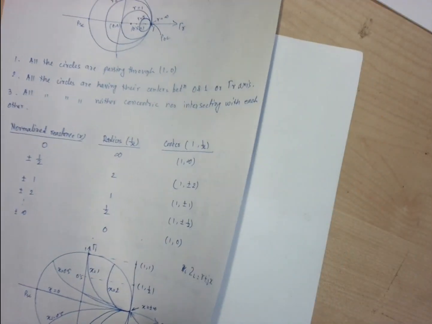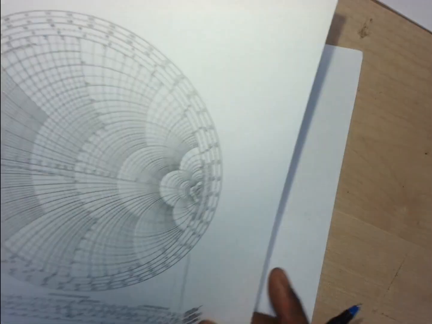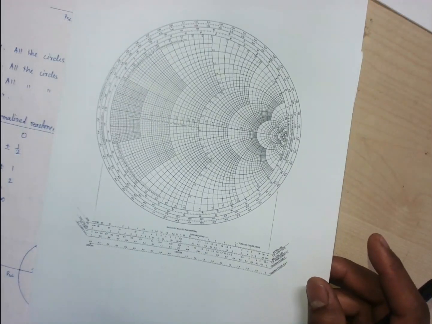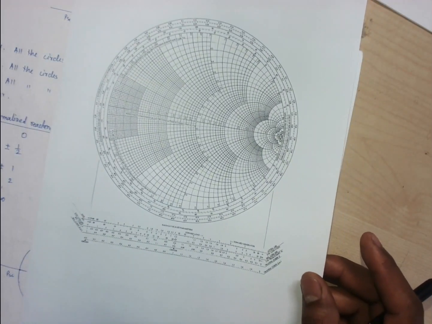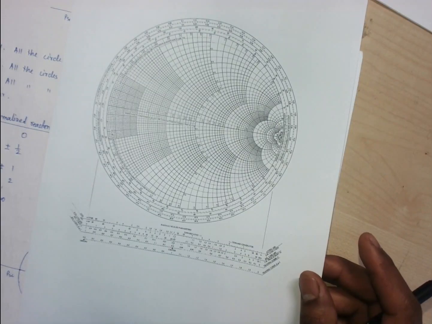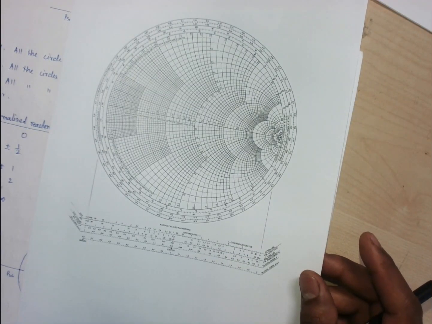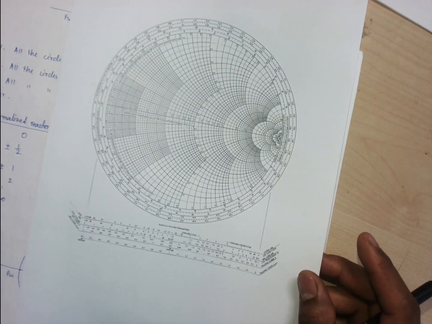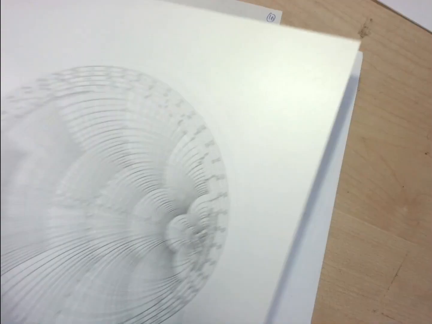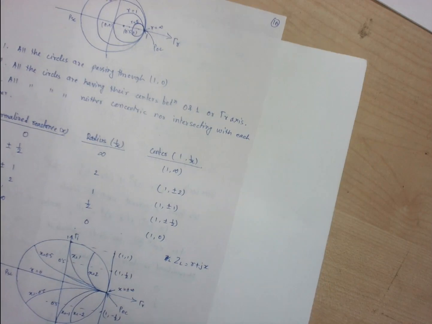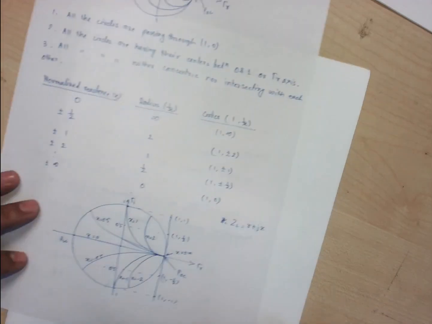So in the last class we have seen the construction of the Smith chart, and this is somewhat like a Smith chart. When we solve this problem with the help of this Smith chart, that will give you some more clarity on this chart, how we are going to represent all those impedances and all those reflection coefficients on this chart. We'll come to this a little bit later. So this is the construction.